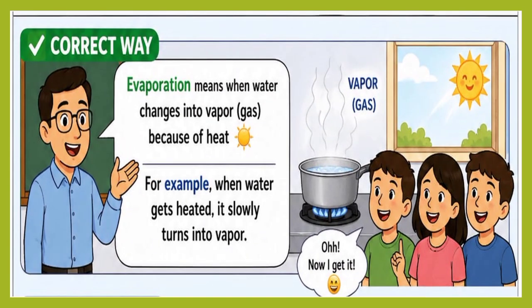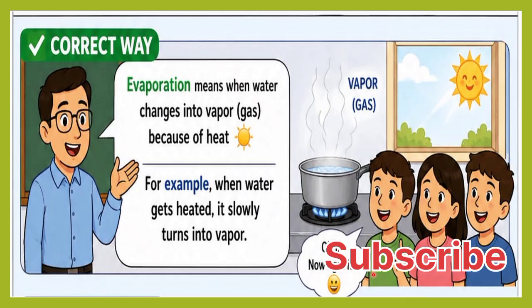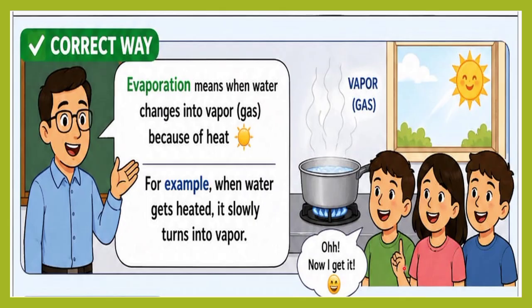Now watch this transformation, the correct way. Evaporation means when water changes into vapor, that is gas, because of heat. For example, when water gets heated, it slowly turns into vapor. This is vapor, gas. Oh, now I get it. So the children can understand clearly, because here easy words are used, simple language is used to make the concept